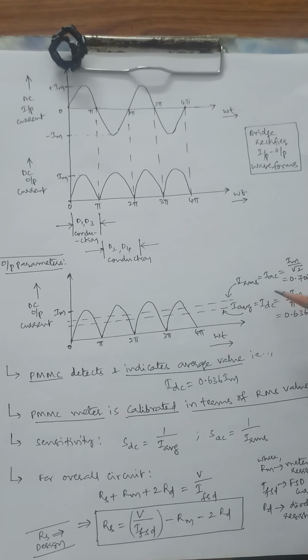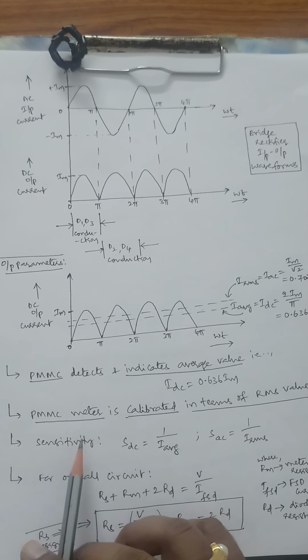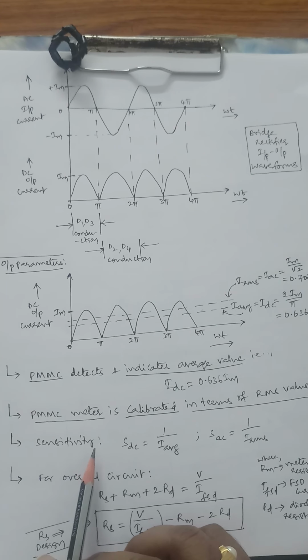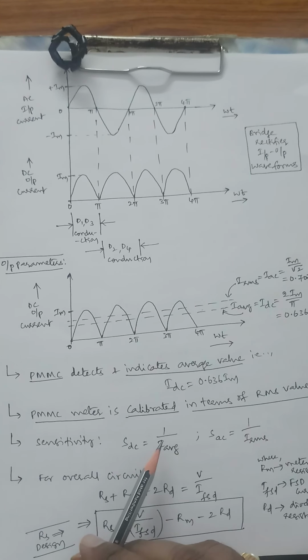This will be discussed as part of your EDC1 subject. There you are going to do the derivations, and accordingly you are going to get these values. For this EM subject you have to remember this, but as part of EDC you are going to evaluate those parameters, and further we can evaluate the sensitivity. We know what sensitivity is: sensitivity is nothing but output by input, and in the case of PMMC, sensitivity is defined as the reciprocal of the current value.